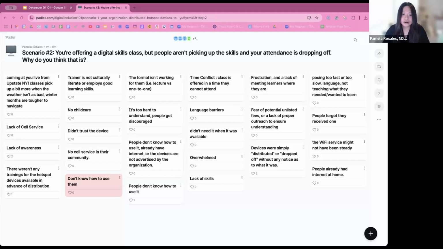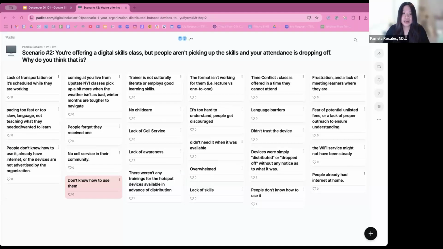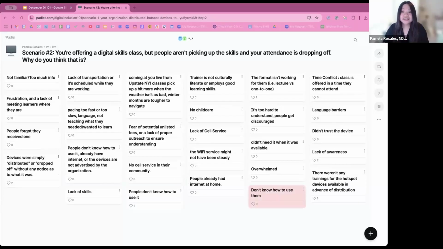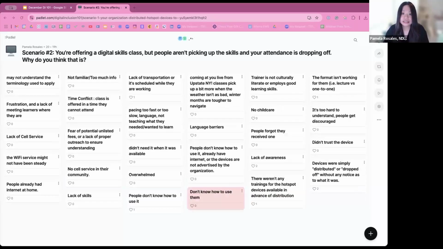Somebody said no childcare, which yes, exactly. If your target audience are parents and they're not able to attend because there's no childcare provided or they're not able to have childcare, then exactly, they will not attend that class. Joy in the chat says they don't know how to sign up for the classes. Perfect. Joy, yes, you are getting to the outreach aspect of it. Where did you advertise the class? Is it only online? Did you go to your community bulletin boards? And on those flyers, is it accessible for them to actually attend and sign up for those classes?